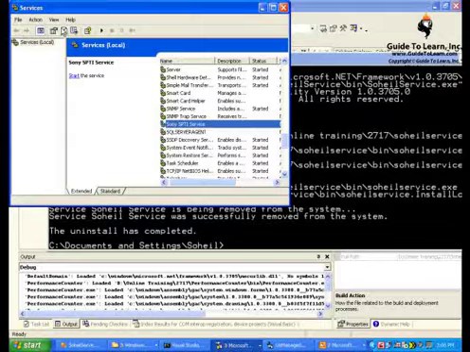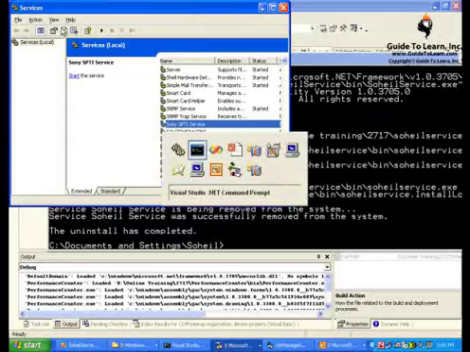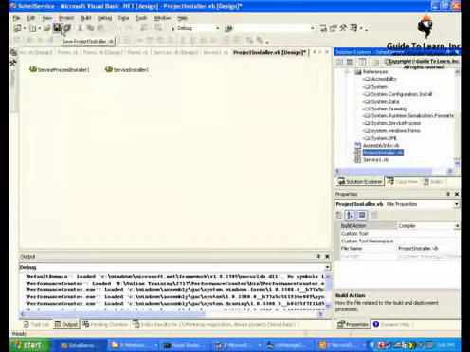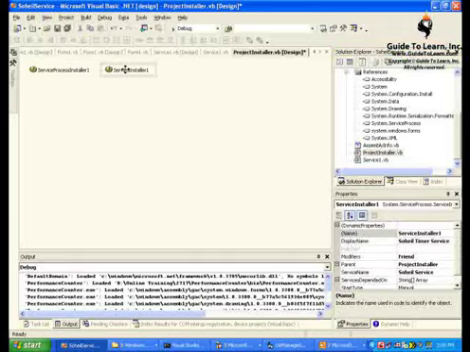Remember about the service installer. I've already named my service whatever I want. Sohail Timer Service. You can name it anything you want. That's a display name. That's the name that you're going to see on that services control panel. Right? You could name your service literally whatever service you like also. And also, part of the service processing installer,